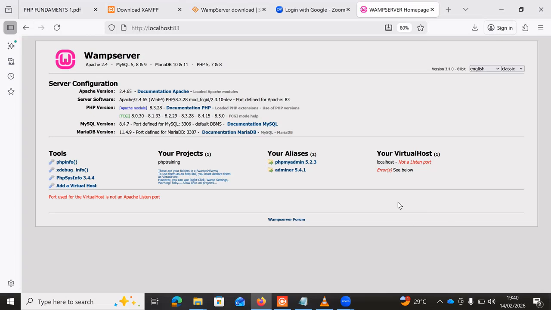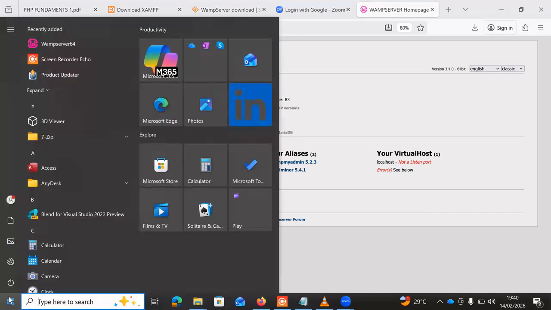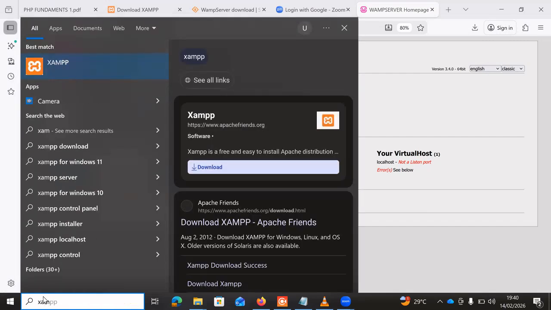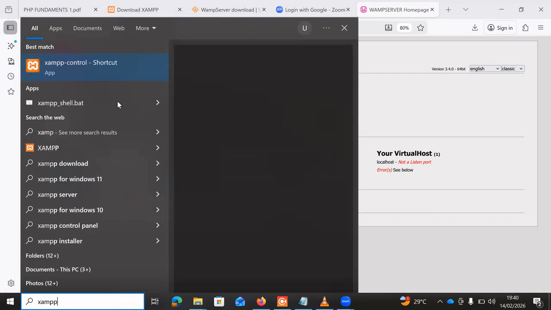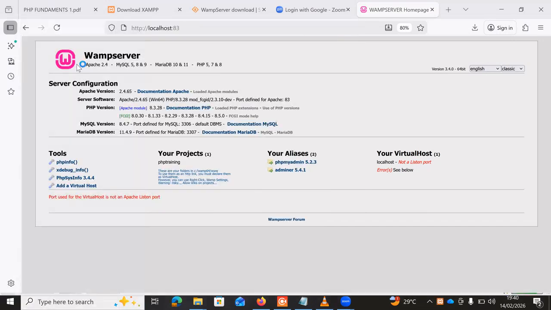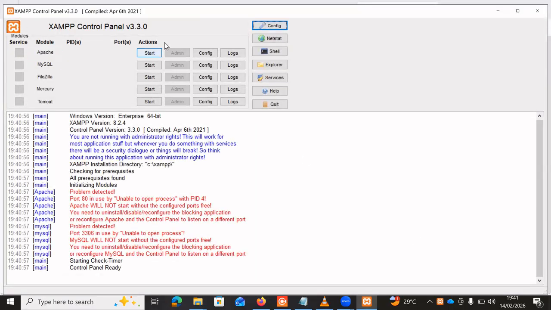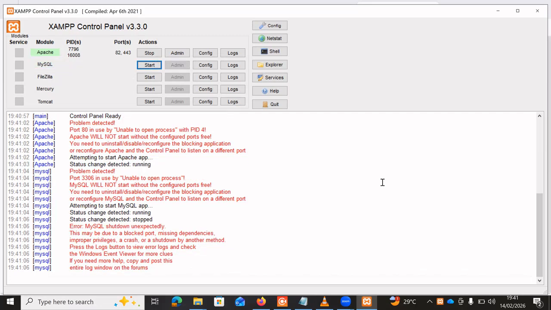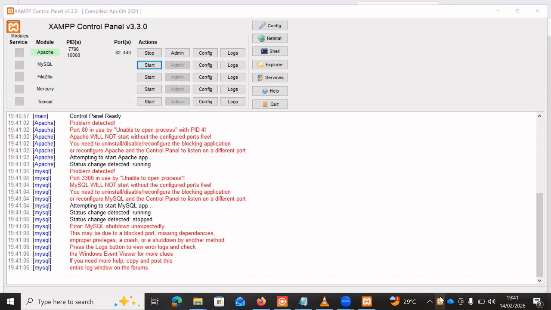The same thing goes with XAMPP. How do we start XAMPP? Click on the Windows key, then type XAMPP. It brings it out for us. Then we click on it and it displays the control panel. Here we click on Start Apache, Start MySQL. Okay, MySQL is not starting because it is used by some other application that is running,